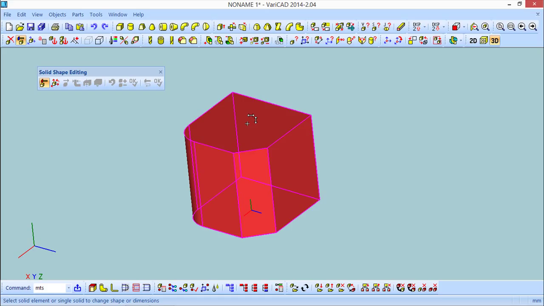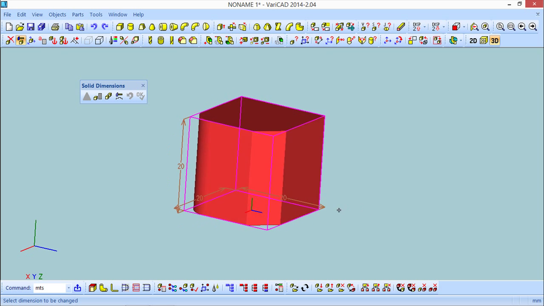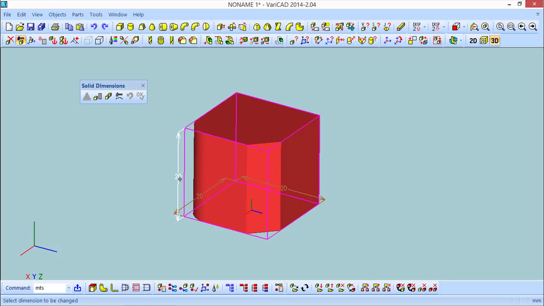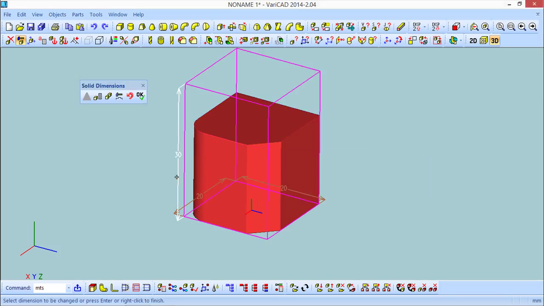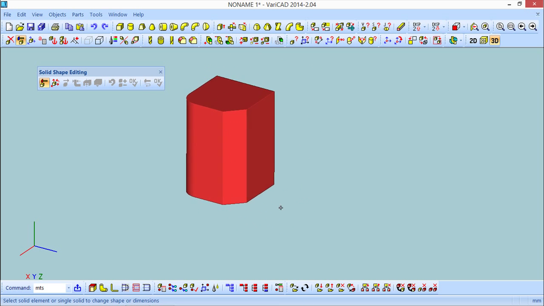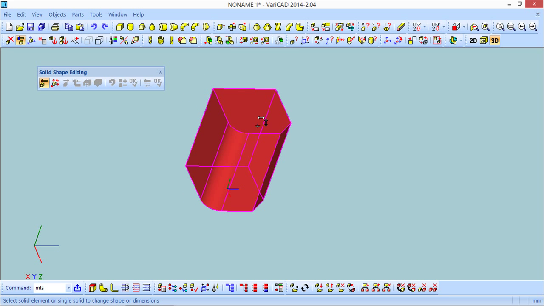If I try to edit the shape, or in this case the dimensions of the box, I will click, do the OK, and now I have the possibility to edit the dimensions clicking in one of the dimensions. Just do it and rebuild. Okay, the same for the other dimensions. Instead of the box that has this shape on the cursor,